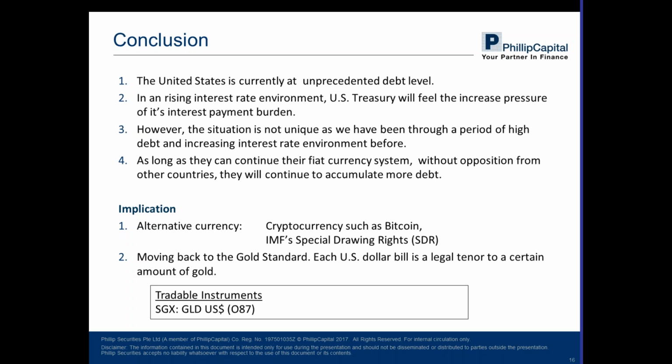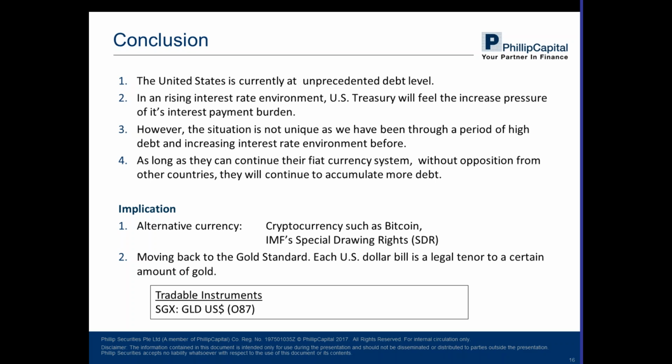We all know that it's like playing Monopoly. You are the banker as well as the player. They can continue issuing more currency in terms of US dollar bills just to borrow, because no one is actually stopping them, because as of today, the US dollar is still the reserve currency of the world. So they know that as long as no other country of greater economic power comes into play and rejects the US dollar as the de facto reserve currency, the US can continue to play this game.